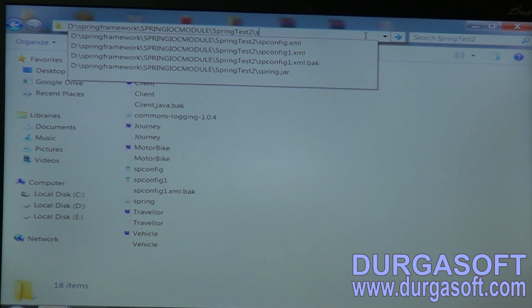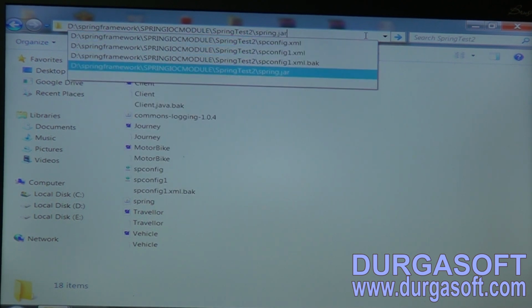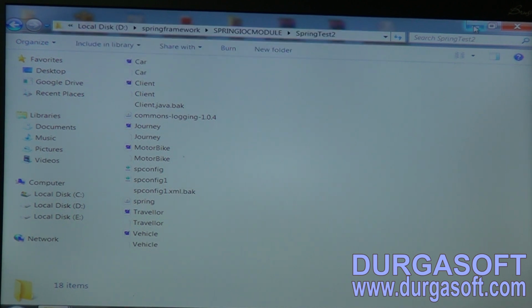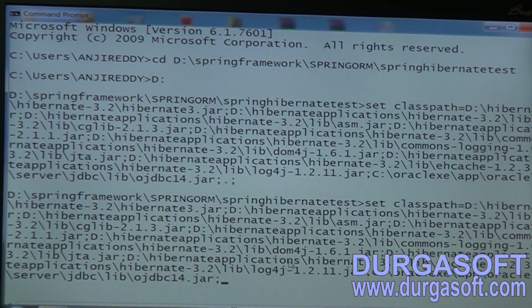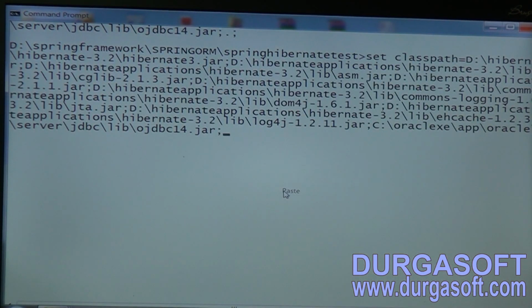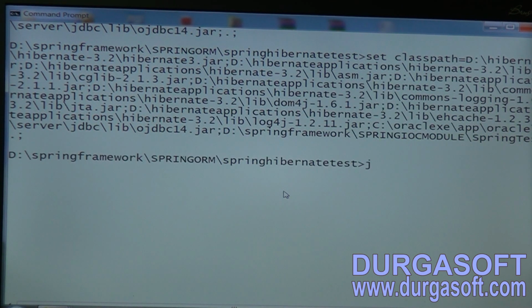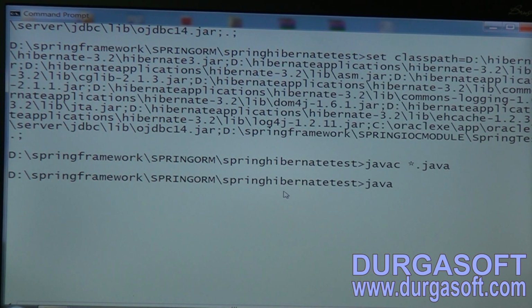Spring dot jar is supported by all the versions. Paste here, semicolon dot semicolon, then javac star dot java, then java client.